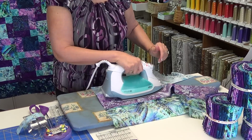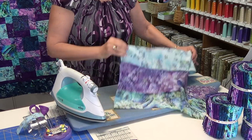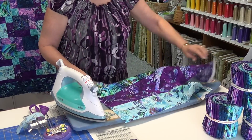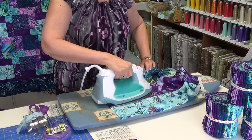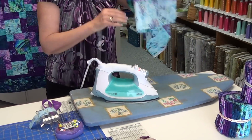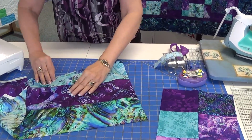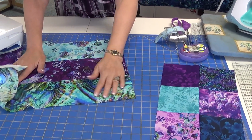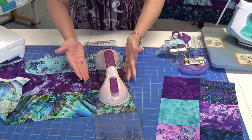The reason for that is because it just makes it that much easier when you put it together, that you already have your seams going the direction that you need it. It's kind of one of the few times that I don't always follow the press to the dark, because it can't always be done. Now, my ruler is 5 inches,